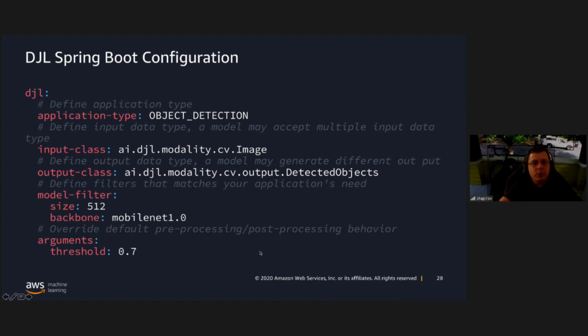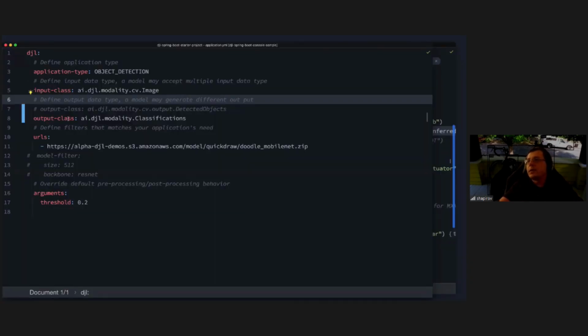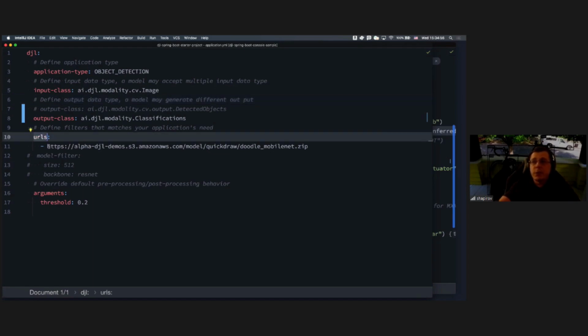And let me just switch quickly to the IDE. Hopefully you can see it. That's the example of the YAML configuration for the model that Qing was showing with a Doodle application. You can see that I can specify a URL and just point it to a specific model. If I know exactly what that model is, it will just load that one. If you don't specify the URL,